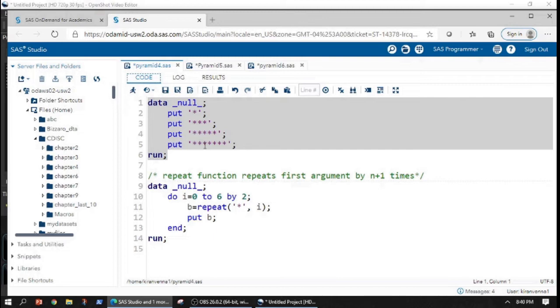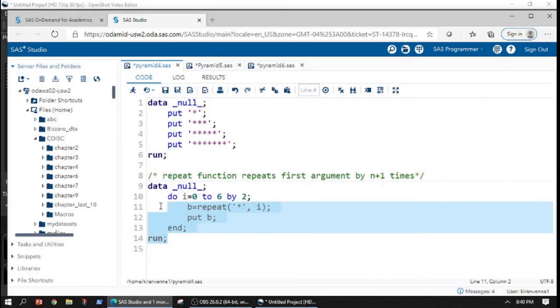What we have done here manually, we are able to do with the help of a simple do loop and repeat function. If we had to do this manually and wanted to go to 100 stars or 1000 stars, it would be quite difficult. But if I have to do the same thing here, all I need to change is my end number and everything goes automatically. Now let us quickly run this and see our result.